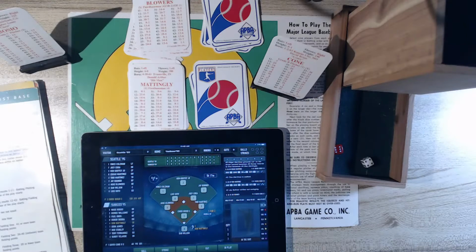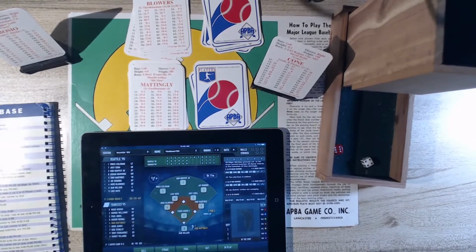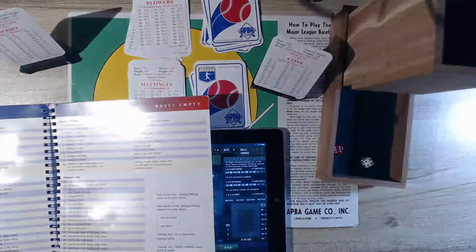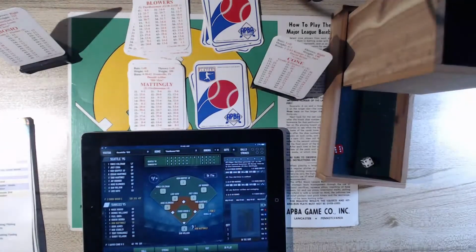I'm going to play without it, but I am going to look for it for my next games. It's kind of a modified basic APBA chart, and this is going to be a 41, which is with nobody on. It's going to be a ground ball back to the pitcher,